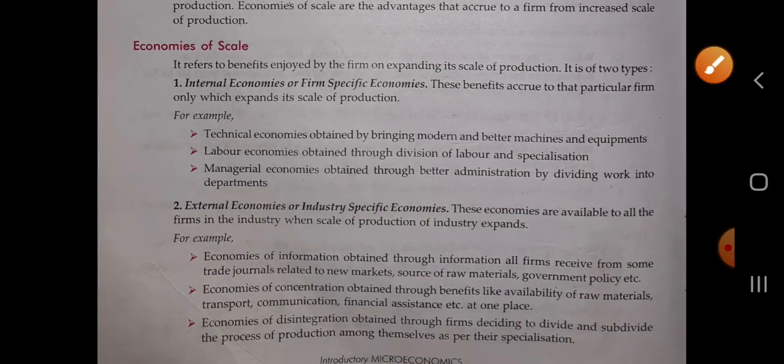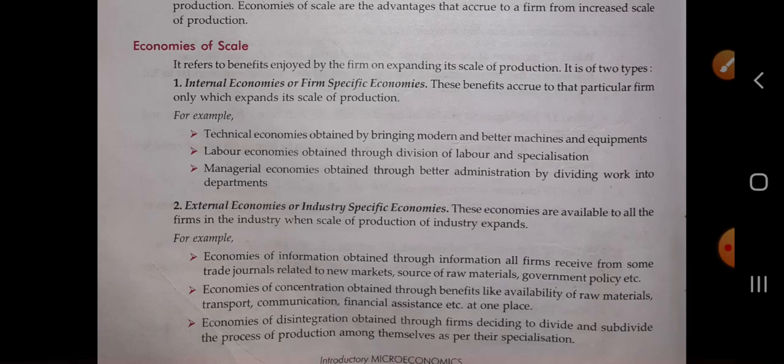Next is economies of disintegration, obtained through the firm deciding to divide and subdivide the process of production among themselves as per their specialization. Okay, disintegrate means dividing all the works and functions among the other departments. So if there is a benefit from dividing all the works, functions and departments, then the firm decides to divide and subdivide the process of production. Okay, what will be the process of production? There will be manufacturing, sales, promotion, advertisement, human resources development,